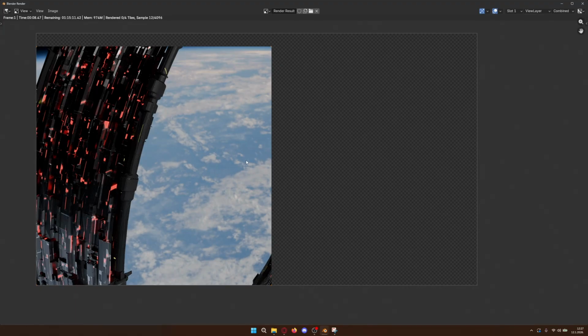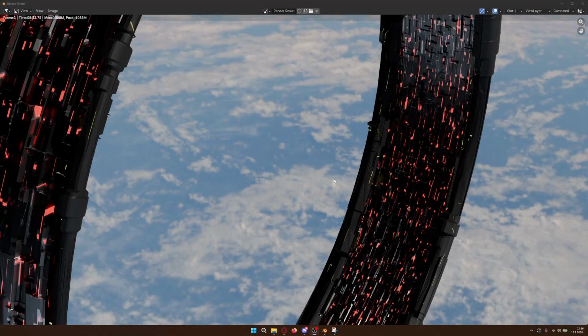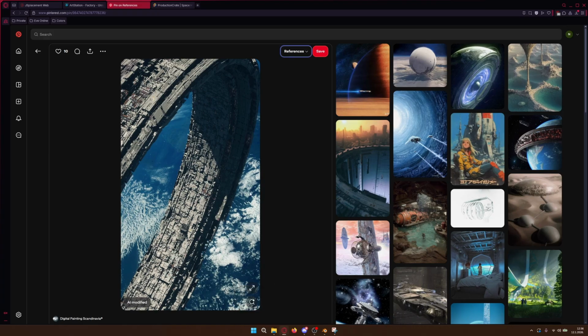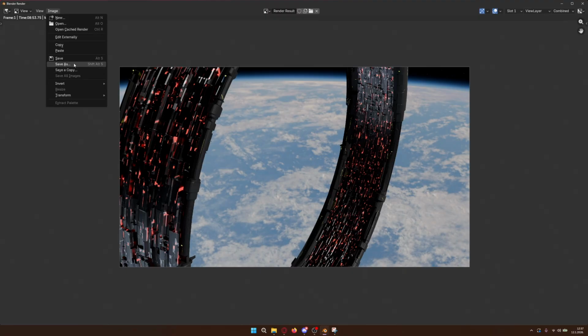So I'm gonna see when it renders. And here it is, the final render. So it's not an exact replica of the reference image. This one has a lot of filters applied to it, and it looks overall better. But here's a quick little way of how you can do something similar by yourself. So the last thing that you need to do is just